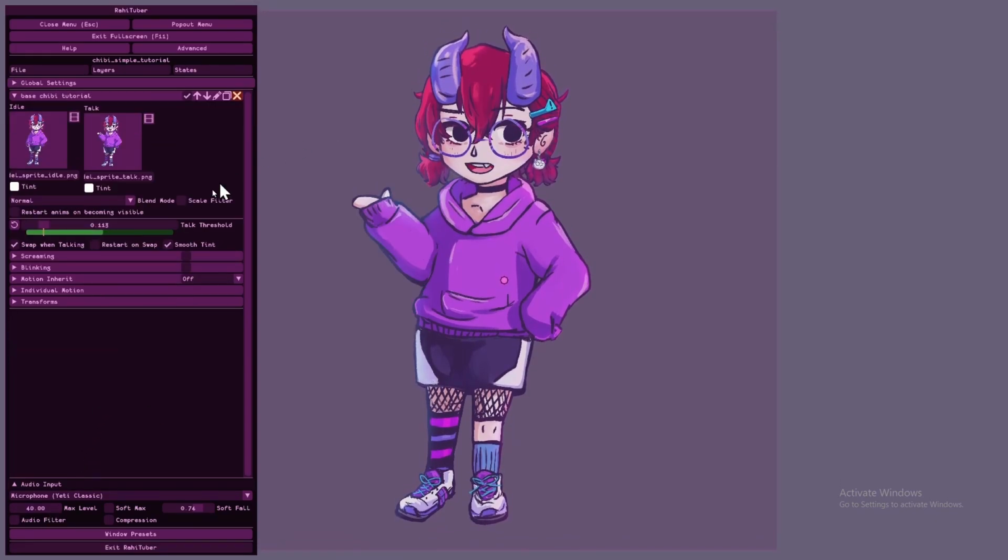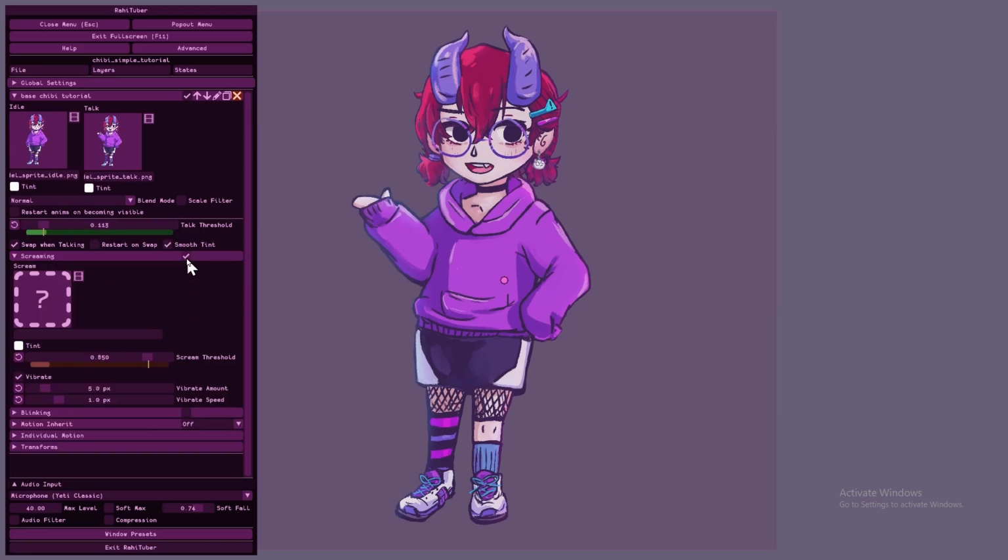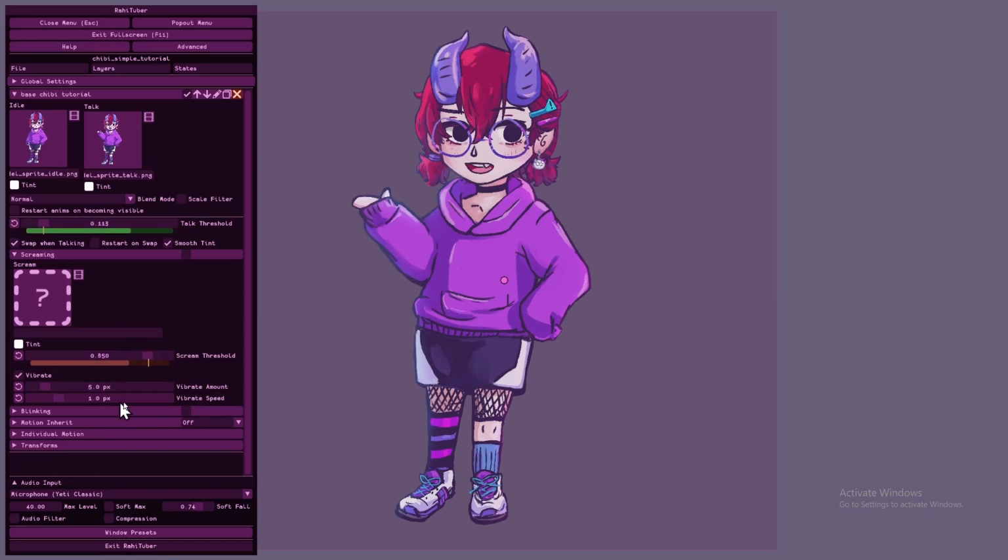This is because there are some really cool effects that we can apply when we reach the scream threshold. Arguably the coolest one is you can swap your sprite to a different image when you reach that threshold. In my case, I didn't really prepare anything for this model to be able to swap to when screaming, so we didn't add a sprite there, but we can toggle it on and add a vibrate effect to kind of shake when we're yelling, when we're stressed, when we're mad in a game or whatever.